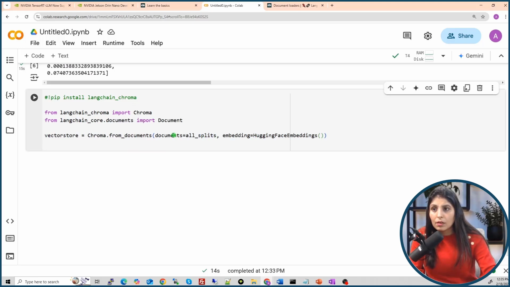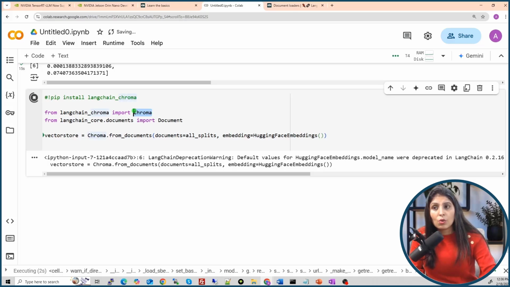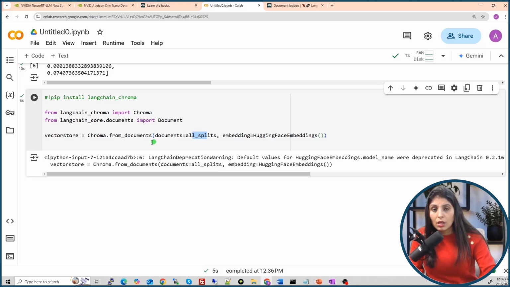First, we are loading all those 98 documents. We are applying the Hugging Face embedding model on them to convert all the 98 documents into embeddings. And then we are storing those embeddings in Chroma. So guys, let's run this cell. When we run this cell, this Chroma vector store works in the background. The Chroma database stores all the embeddings of these 98 documents temporarily.